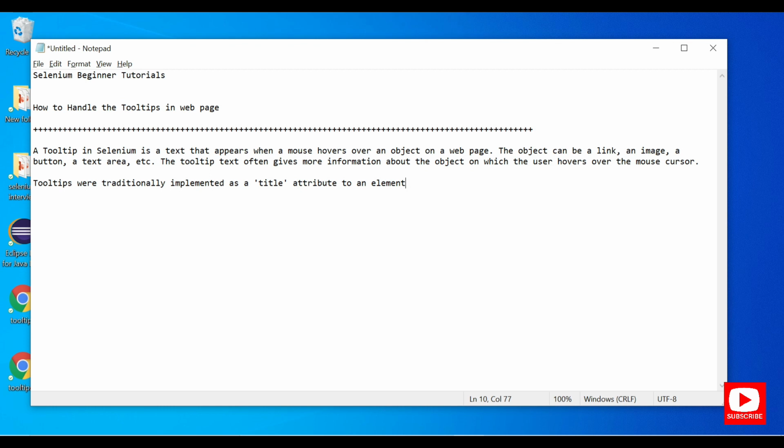and there is one attribute which gives you this information, which is the title attribute. So whenever you mouse over any interactive element or any link, button, image, you will get a text. That is because of the title attribute in the web page. So we'll see it in a web page, and I will show you an example using a website.